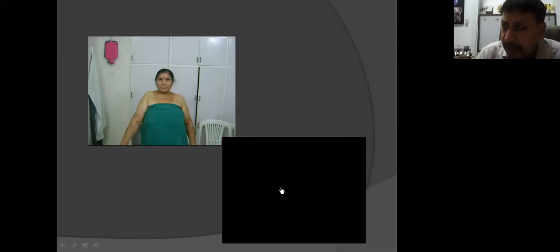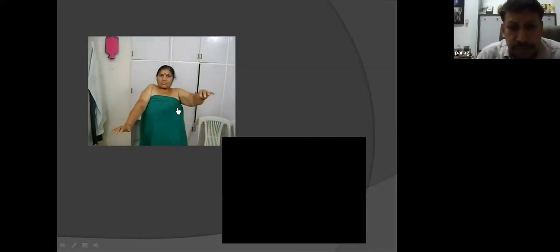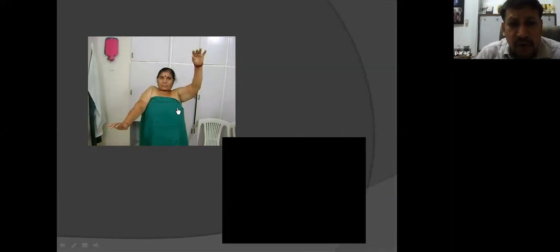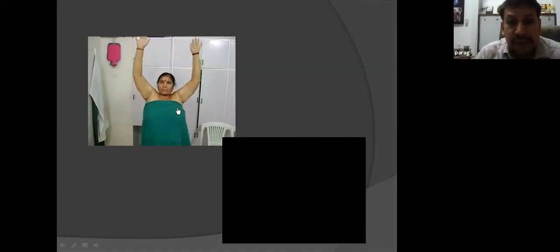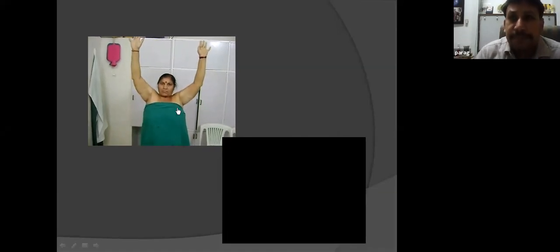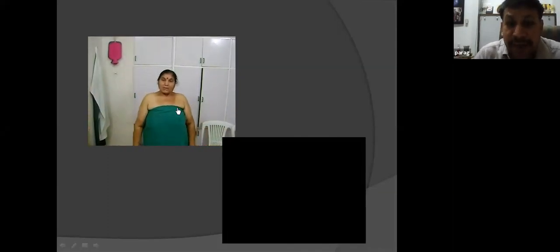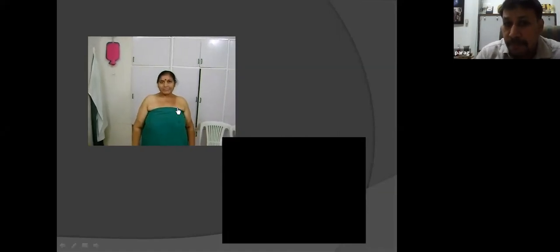Okay, and can you see this video now? Yes, sir. So the left is a normal shoulder. She's able to raise it, but the right side has no forward elevation. She has full passive elevation, and then she can keep it at the elevated position and then very gradually bring it down. Did you see that? Okay, so this patient has lack of elevation.